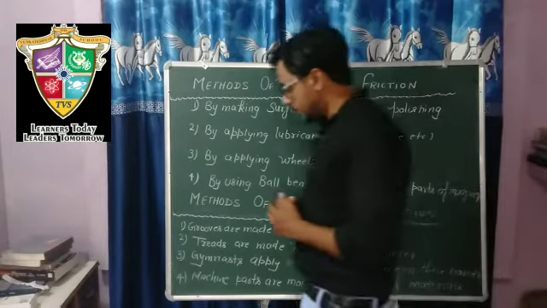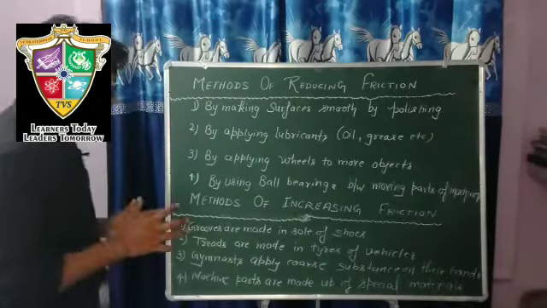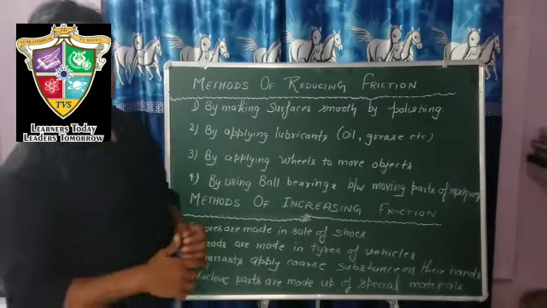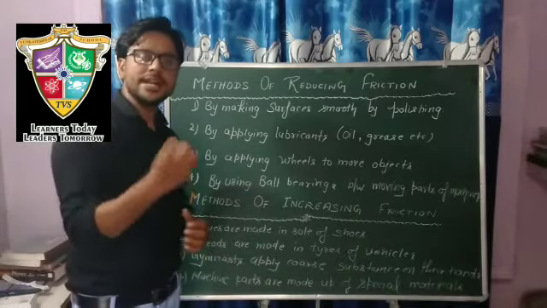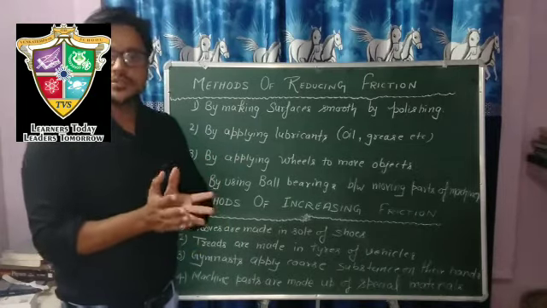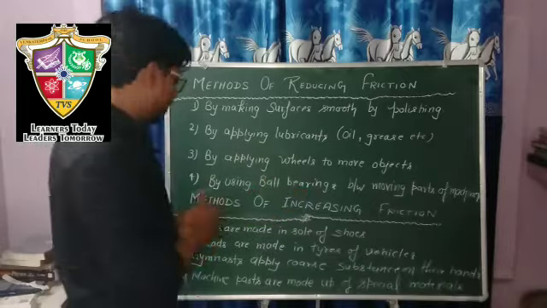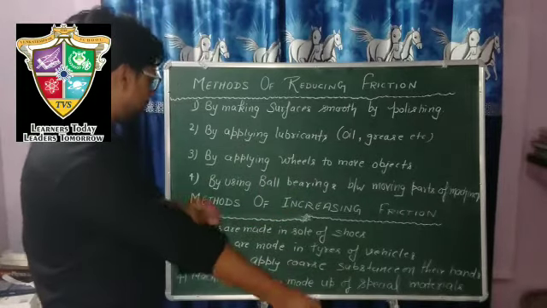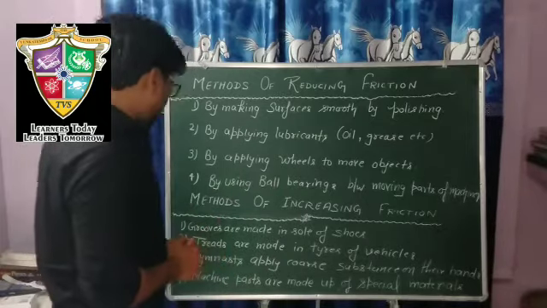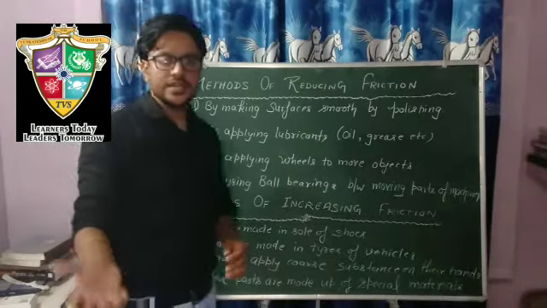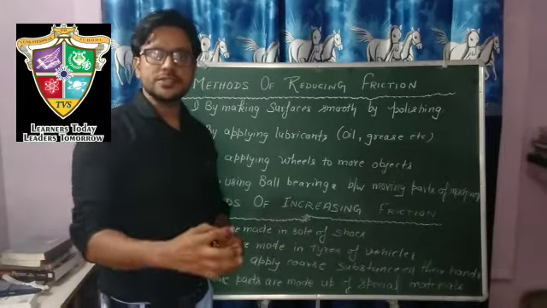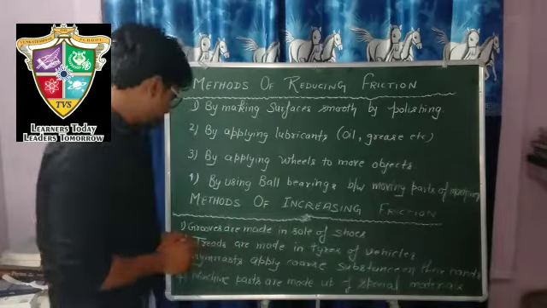So students, as we know, there are grooves made in the soles of our shoes just to make a better grip with the ground when we walk, and it helps to avoid the chance of slipping. So we can increase friction with the help of making grooves in the soles of shoes. And in the case of vehicle tires, there are treads made, for the same reason. They provide better grip with the ground.